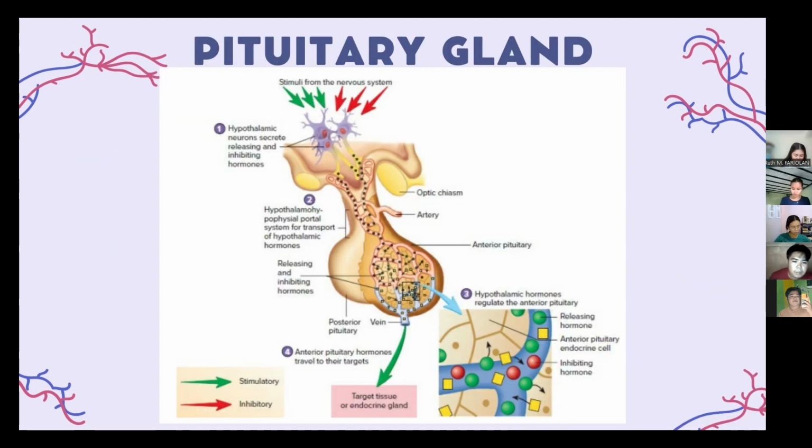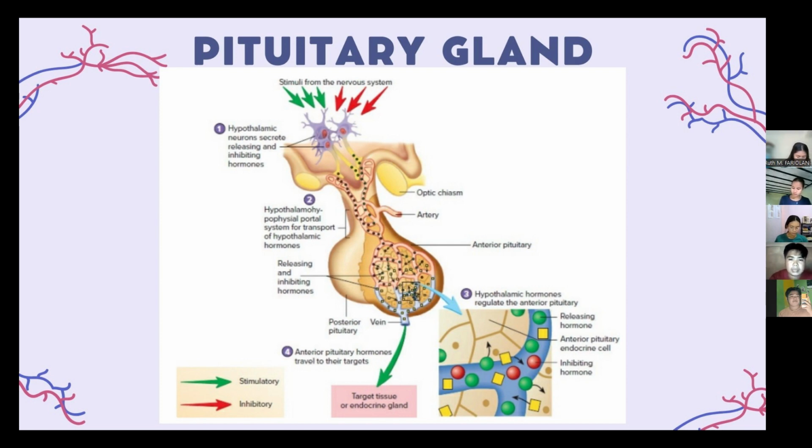So here's the picture of the hypothalamus and anterior pituitary. Stimuli within the nervous system regulate the secretion of releasing hormones and inhibiting hormones from neurons of the hypothalamus. Then the releasing hormones and inhibiting hormones pass through the